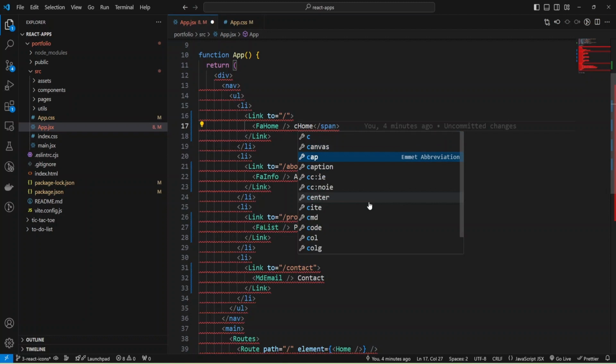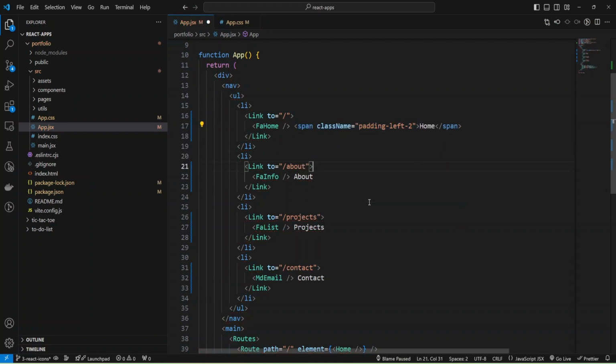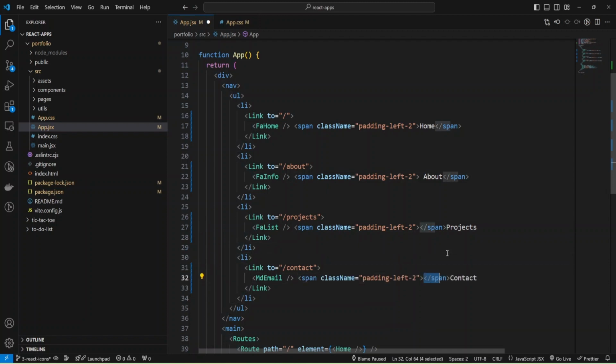Okay, and now I can copy paste this span for all my items, and also here to projects and to contact, and close them, and also here.